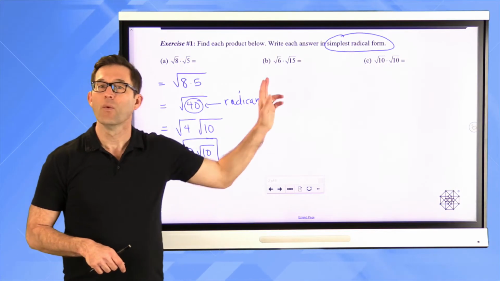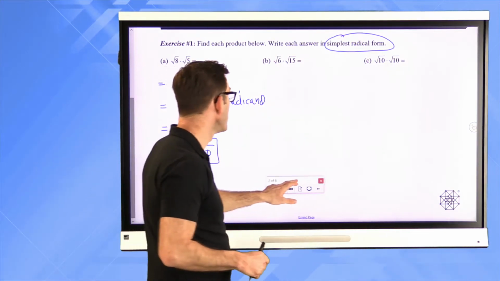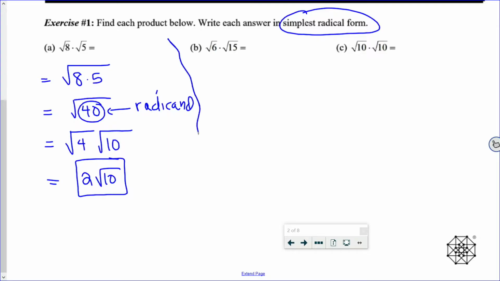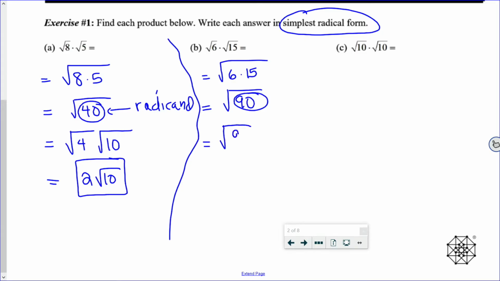All right, well, letter B, very similar to letter A, maybe even a little bit too similar to letter A, right? That's going to be the square root of 6 times 15, which is the square root of 90. Then I'm looking for the biggest perfect square that goes into 90. That happens to be 9. So I can make this into the square root of 9 times the square root of 10. And that's going to give me 3 times the square root of 10. I really like, apparently, the square root of 10 in this particular problem,